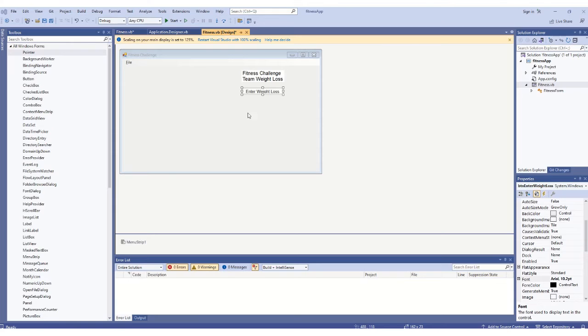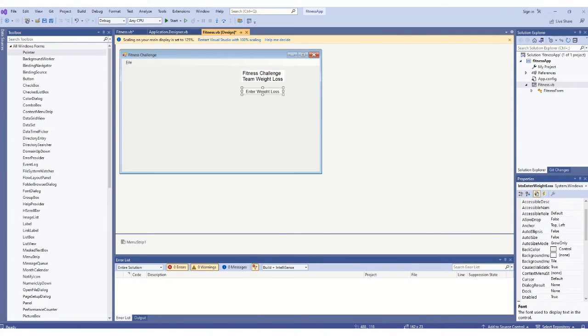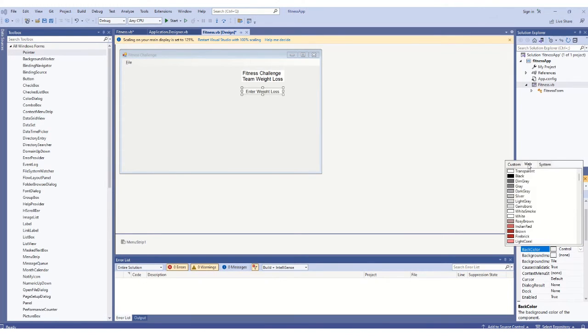Now let's make this background color a little different, make it green. Basically there are no guidelines, but here it shows green, and in general, if you have any fitness application, green is a very popular color. So let's make the back color green. Let's try some simple one,